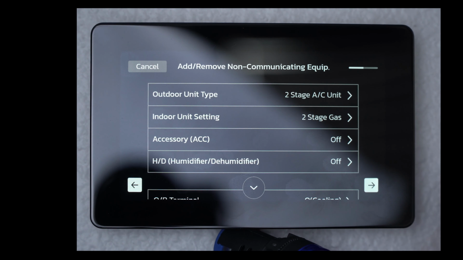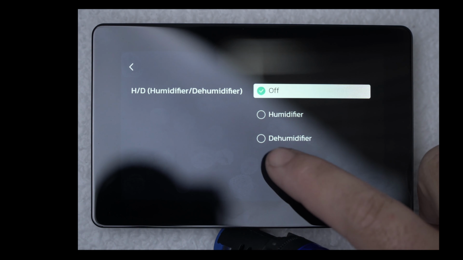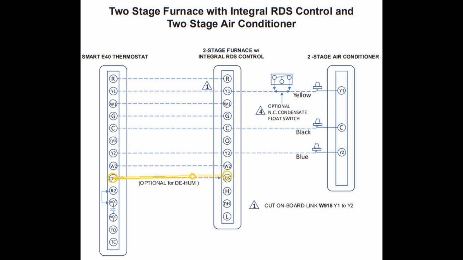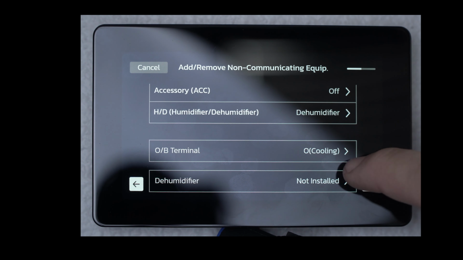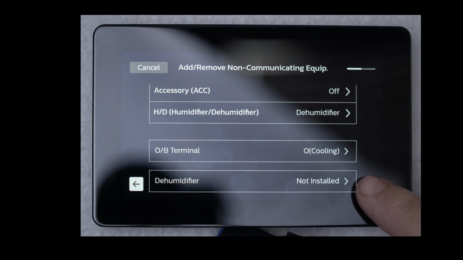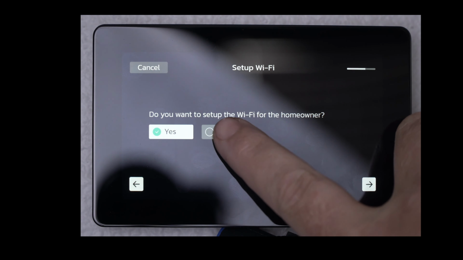Another thing we need to turn on is DH for dehumidify. This is something special with the Lennox controls. This is the availability to take the DH on the back of the stat and wire it to either the DS or the dehum of the indoor Lennox product with the V in the model number. This is all for dehumidification. We're not doing accessory dehumidification, so we're going to leave the dehumidifier not installed, and we're going to do something